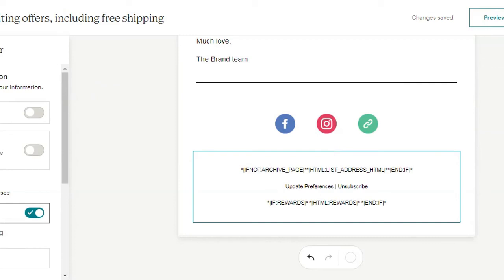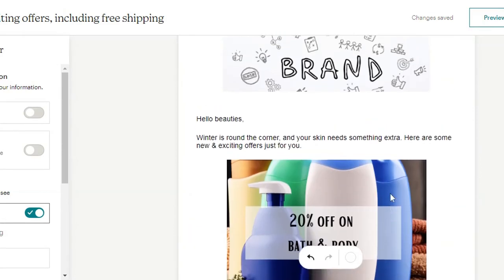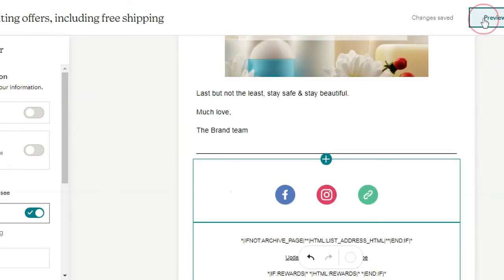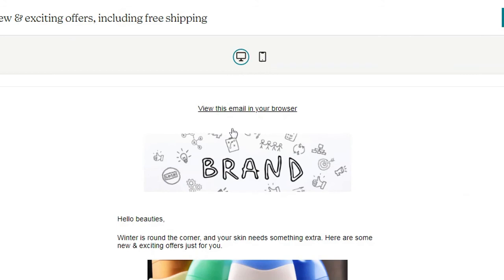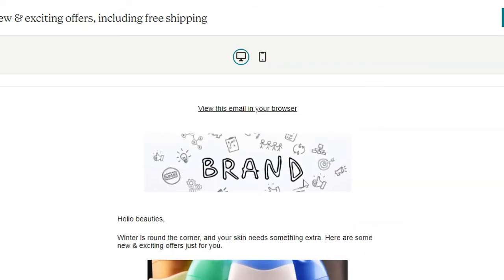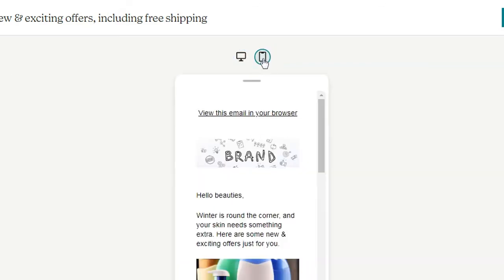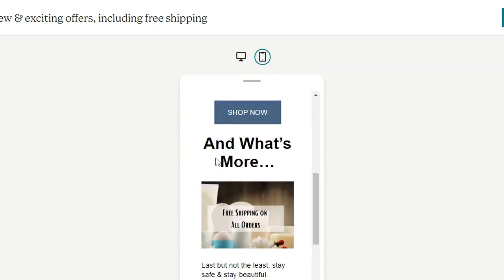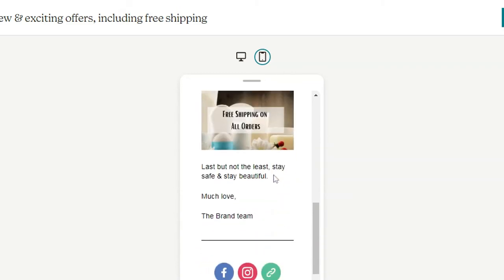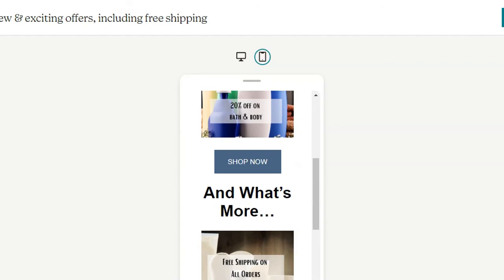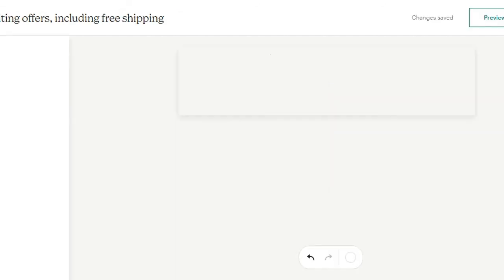newsletter at any time. Now that all your designing and content adding has been done, what you can do is click on preview. This is how your newsletter will look when viewed on a laptop or a desktop, and this is how it will look on a mobile. So, you can choose to make edits to the size of the text, to the size of the images, and any other edits that you wish. Okay, then you can say exit preview mode,